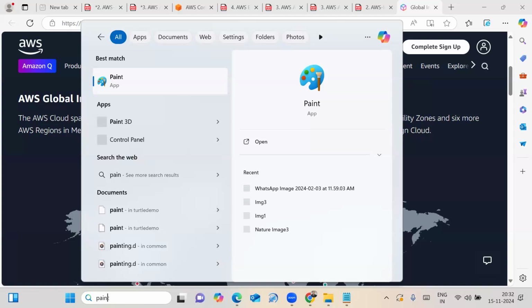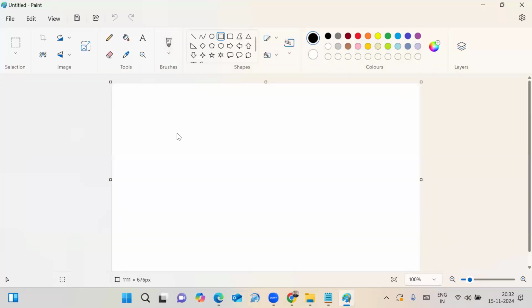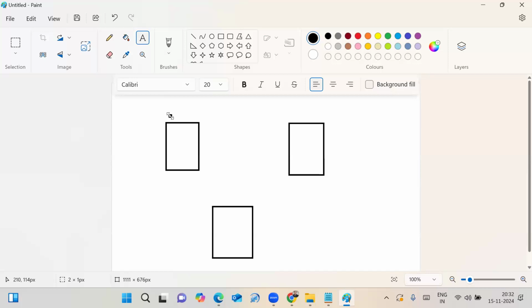Sir, why do you need more availability zones? See, if you take the Mumbai region, there are 3 availability zones. This is one availability zone in the Mumbai region, availability zone 1.